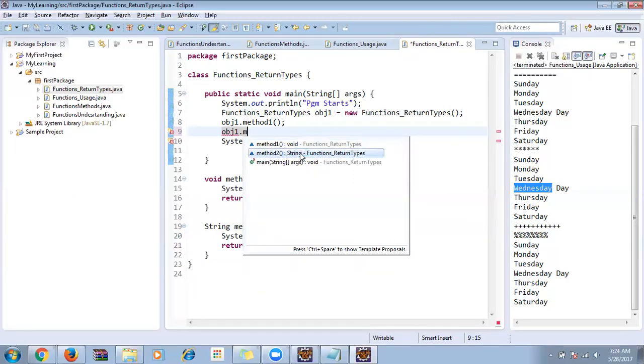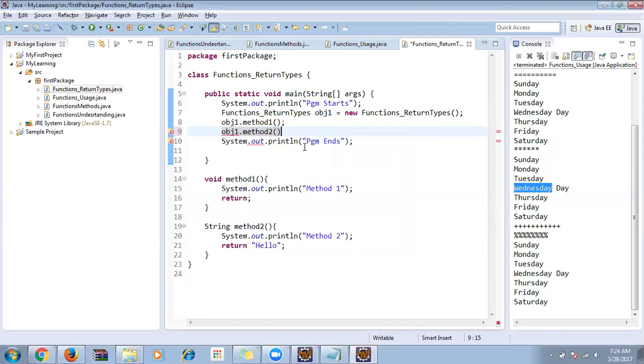So if you want, in which variable you can store that? The method 2 can be stored in a string variable here. Okay, so I'll just keep it here. So obj1 dot method 2 we had. So now if I want to have this here, what we need to do is obj1 dot method 2. So here I need to give string